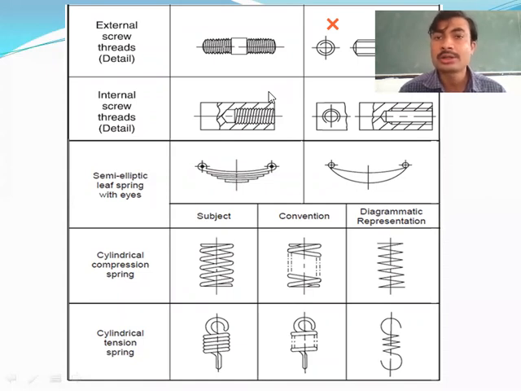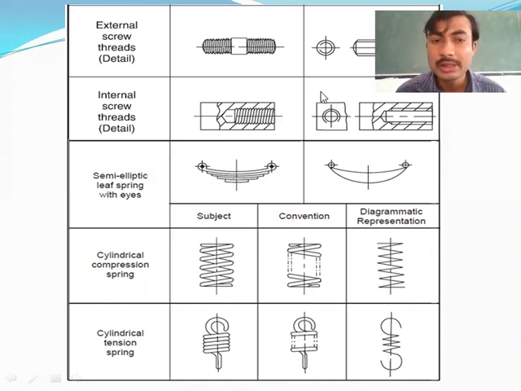The external screw thread is denoted by the cross mark. I'm going to denote the internal screw thread by the heart symbol. Whatever heart symbol you see is about the internal screw thread. External screw thread is nothing but the threads formed on the outer surface of the object. Internal screw threads means the threads are formed inside the object, on the internal surface of the object.